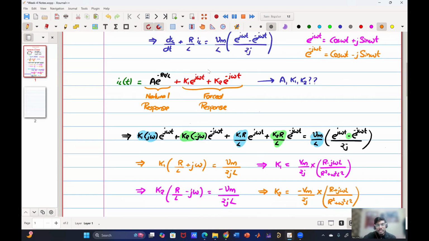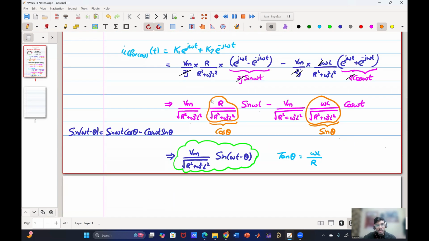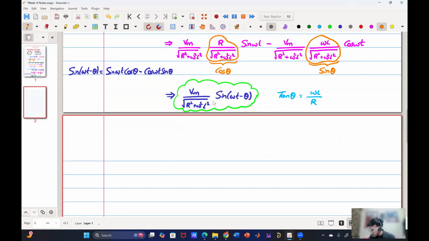So till now we are simplifying the forced response only. So let me write the iL of t expression. So till now whatever we have got is iL of t equal to A into e to the power minus Rt by L plus Vm by square root of R square plus omega square L square sin omega t minus